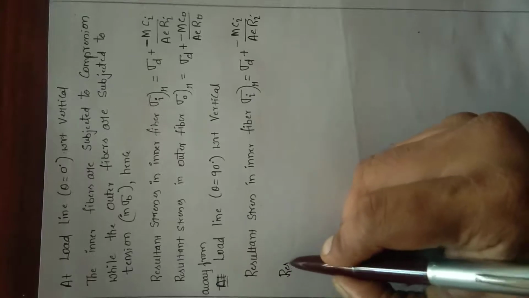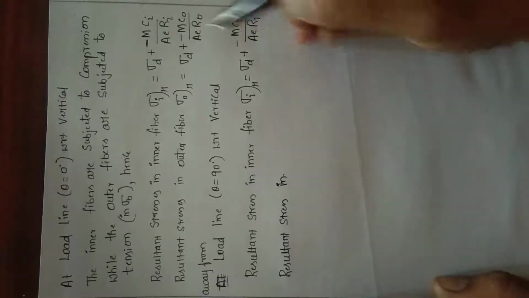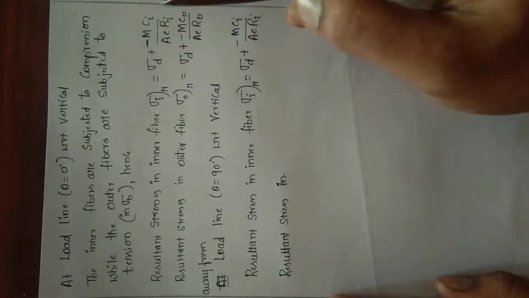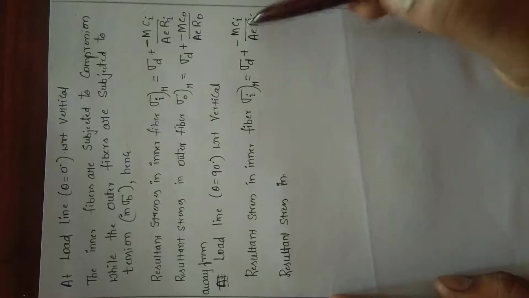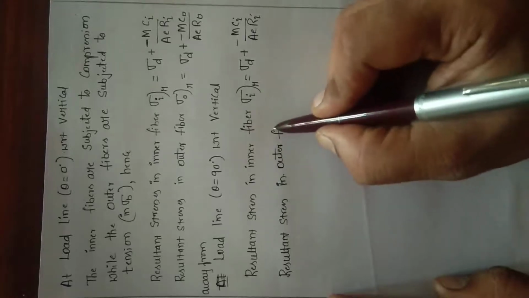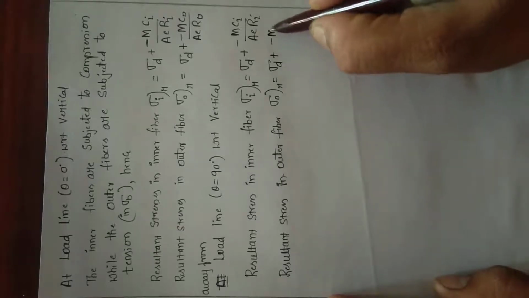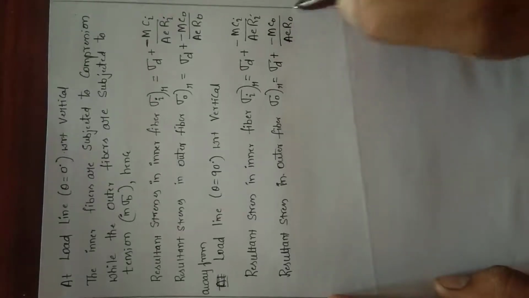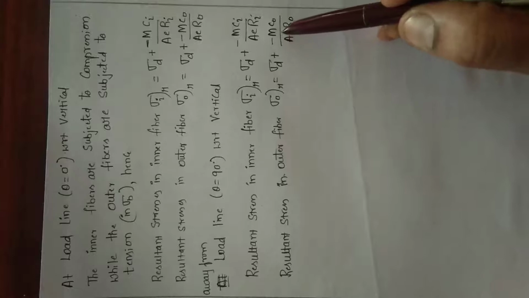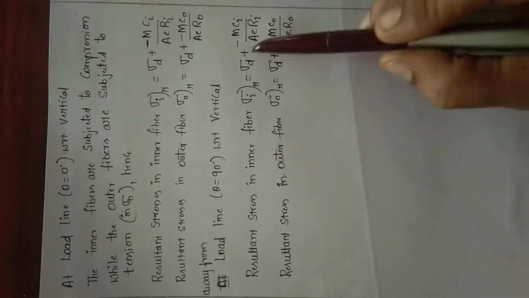Again the resultant stresses formula remains the same here, but what is the change? The moment M is changed, because when theta equal to 0 the moment formula M is varying, so the stresses will vary. When theta equal to 90 degrees the moment formula is different, so the stresses will be different. Resultant in outer fiber: sigma naught r is equal to sigma D plus minus M c naught by A e r naught. Again I am saying that because in the data handbook we have a negative, we took a negative. So this is the first case.